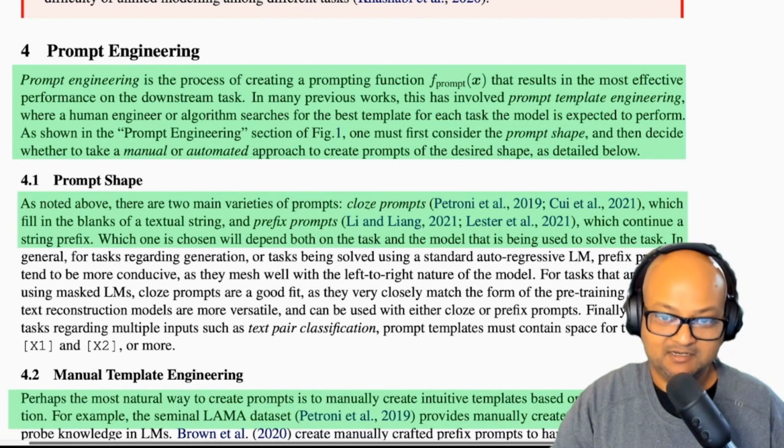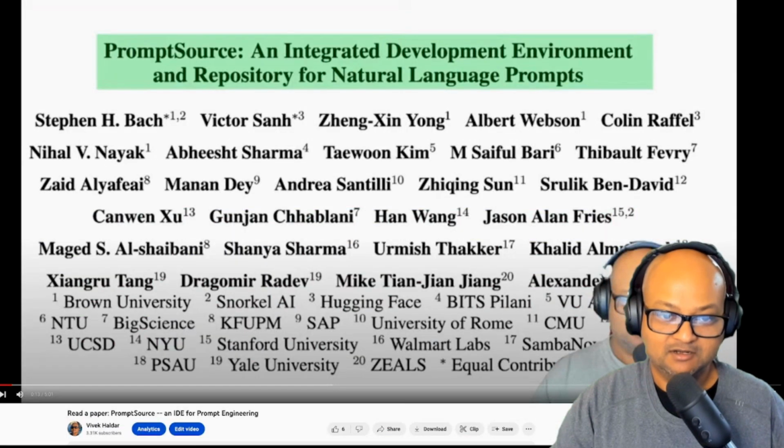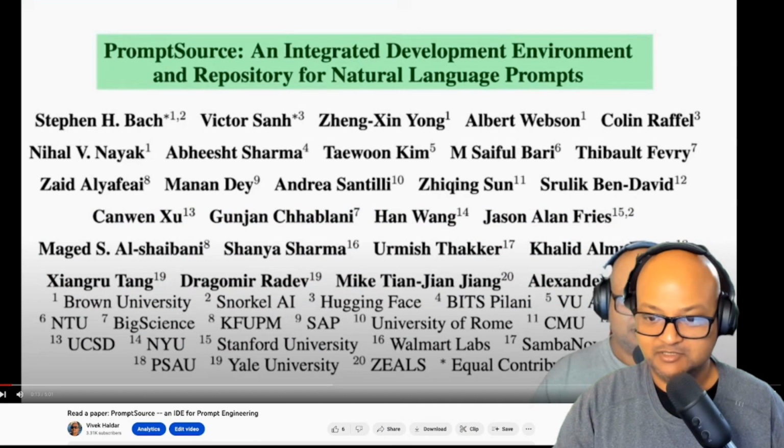The big question in my mind is, is that actually engineering? But I'm jumping ahead of myself. Templates are a very common way to specify prompts. They have a structure that then gets instantiated with details for a specific prompt. These are called cloze prompts. Another common type of prompt is the prefix prompt, where you specify the beginning and want the model to continue your prompt. For example, you might provide the opening paragraph of a short story and want the model to continue it. A few weeks ago on this channel, we looked at a system called PromptSource that aims to be sort of an IDE for authoring, reading, browsing, and managing a large collection of such prompts.